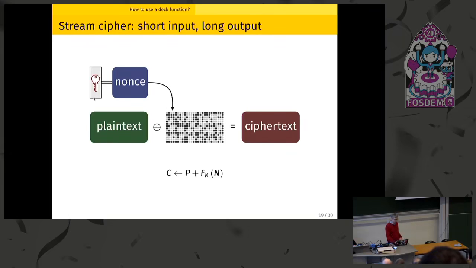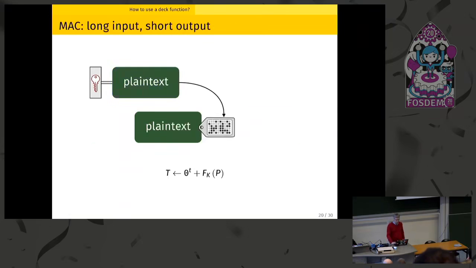So I have my DEC function. I input the secret key and I input some sequence number, a nonce, and then the output, I use it as a key stream. I XOR every bit of my plaintext with the corresponding bit of the key stream, and the result is my ciphertext. To decrypt, I just do the same. I XOR the key stream to the ciphertext. And if you XOR the same thing twice, they cancel each other, and you get back the plaintext. So encryption, stream encryption, very simple application.